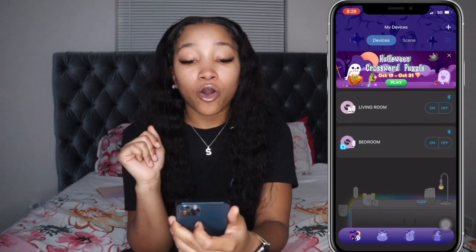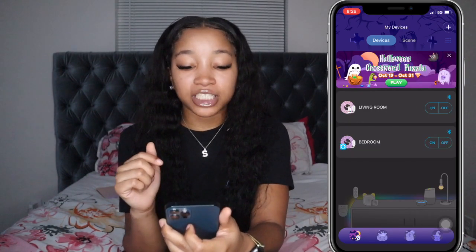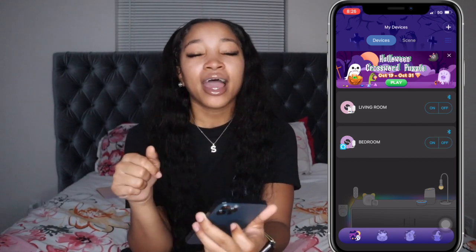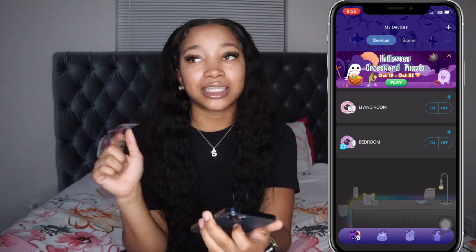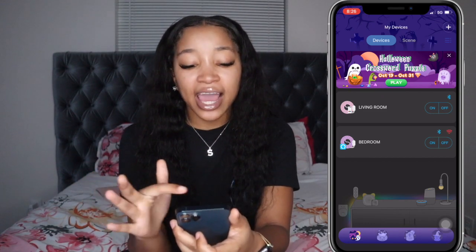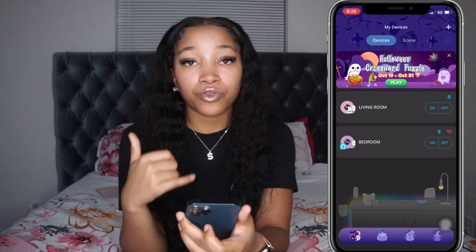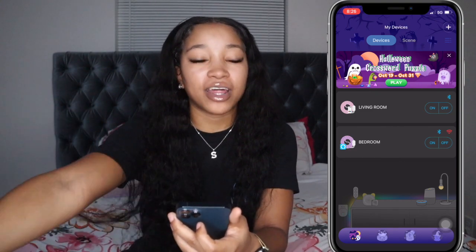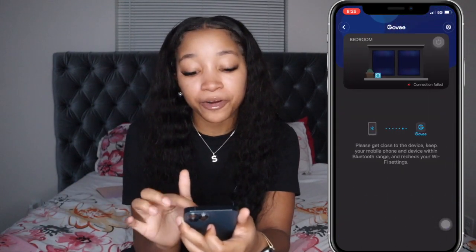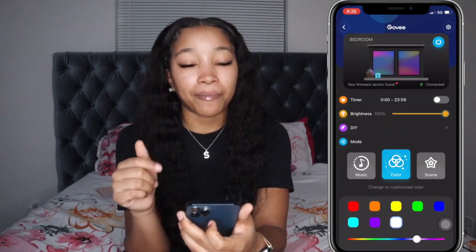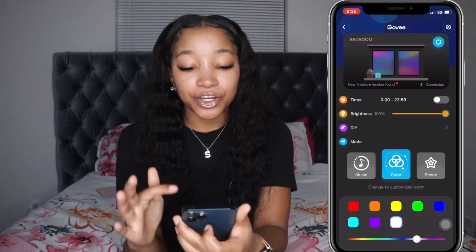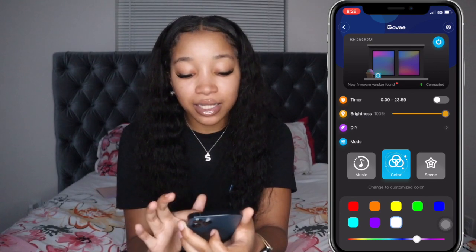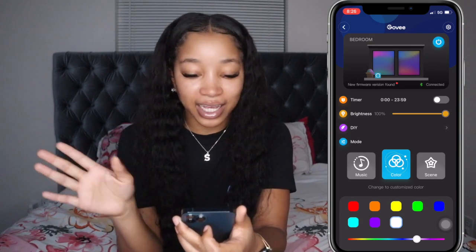And then the Govee Home app. I love this app so much. Now, I have LED lights around my house. I have it behind my TV in my bedroom, and I also have the lights behind the TV in my living room as well. And this app lets me control the lights from my phone. So if I'm in here and I forgot to turn the lights off in the living room, I can just easily turn it off from here. And then also with the lights in my bedroom, I can turn them on and off from here too, and it's all connected by Bluetooth, and it lets you customize and do all of the cute things that lights can do,